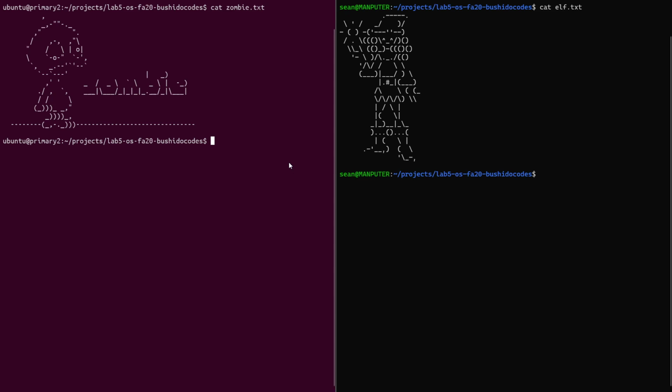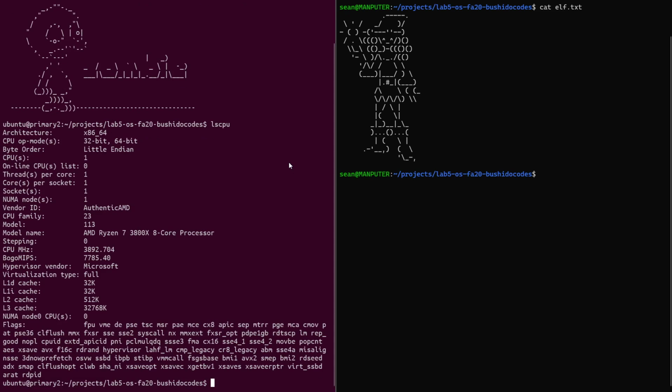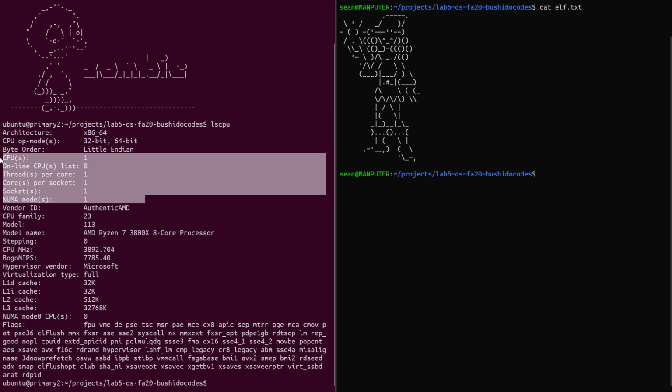So I can run the shell command lscpu on the left-hand side. And we can see a bunch of information about my processor. But notice here in the area that I've selected that we see threads per core 1, cores per socket 1, sockets 1, NUMA nodes 1. And that's because this is running on a Multipass virtual machine that has been specifically limited to having one virtual